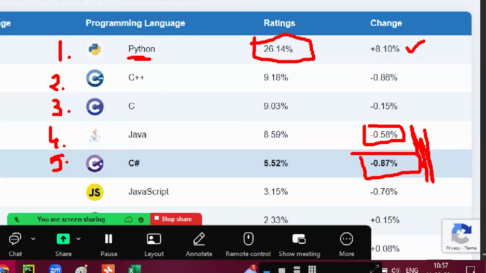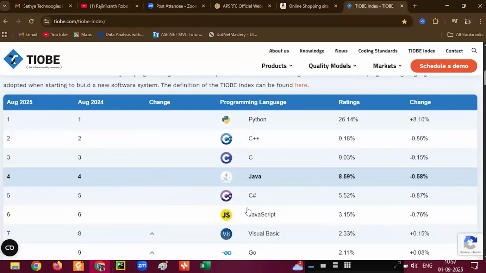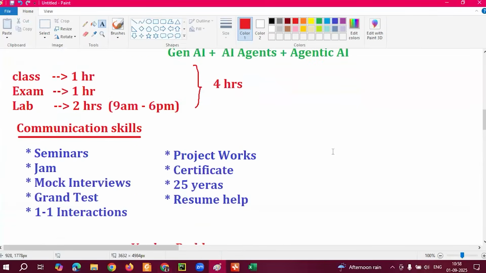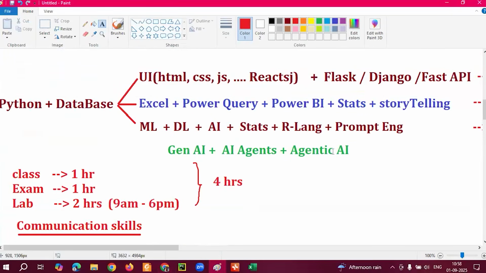So today I just explained what the full stack developer role, data analyst role, and data scientist role are. If I want to become a full stack developer, data analyst or data scientist, what do I have to learn? Today I provided the roadmap, guys. If anyone gives a suggestion, take the suggestion, no problem, it doesn't matter. But think for yourself also. Which one is good for you? Think. That is very, very important, right?